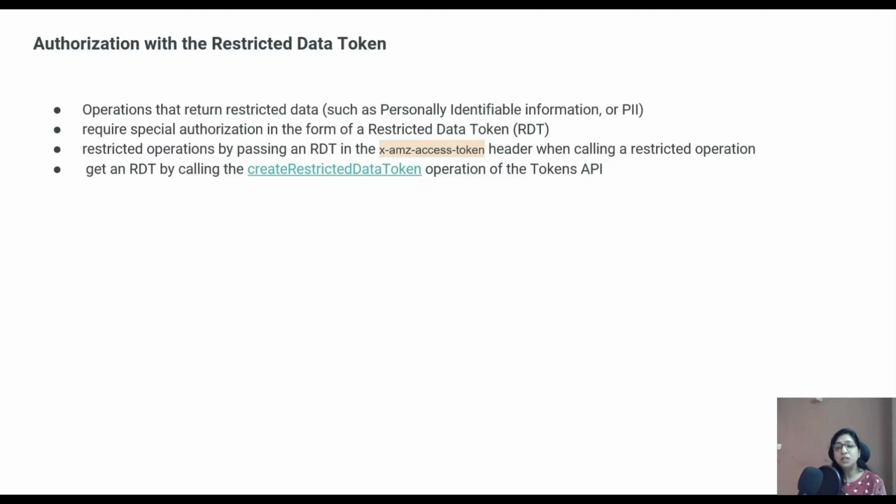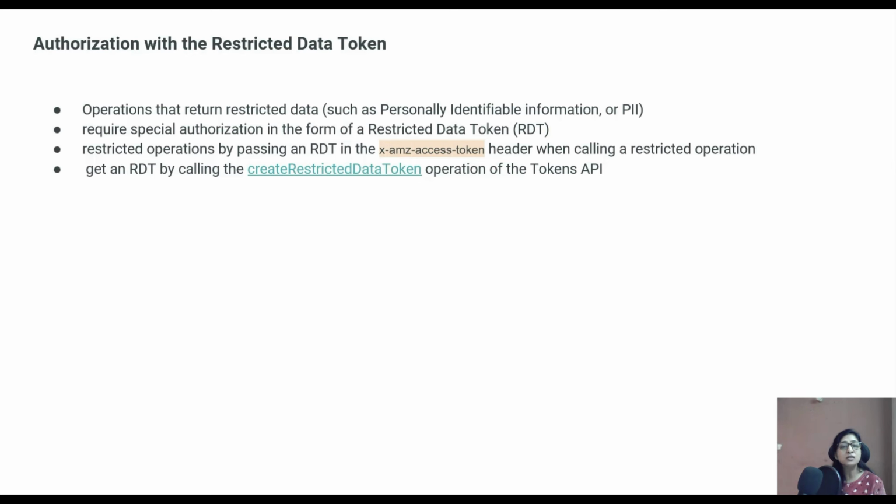Before we proceed, we also need to understand why we are doing the self authorization process, or what is the main reason behind doing these steps, or why this authorization is actually required. When you authorize someone or even yourself, a token is generated behind the scenes, and using that token only can you access the API. Now there are two types of token, and I can't cover everything in detail right here in this video, so I'll talk more about the restricted data token.